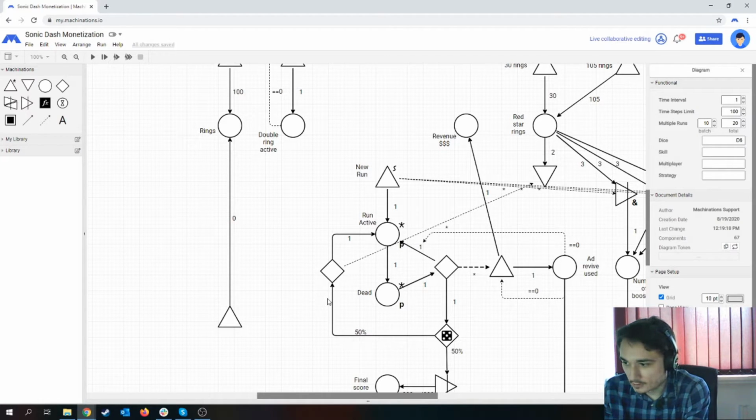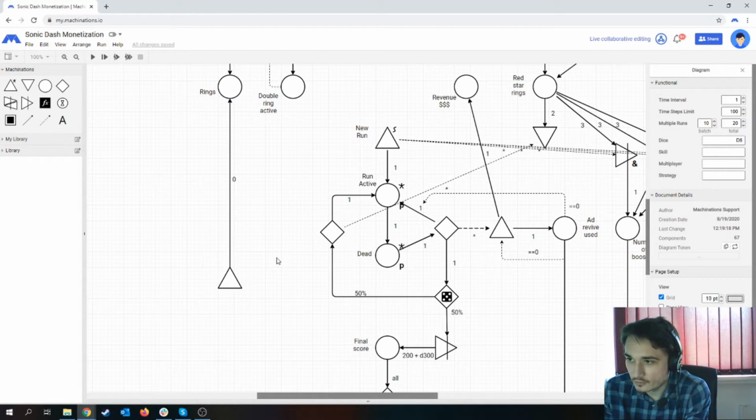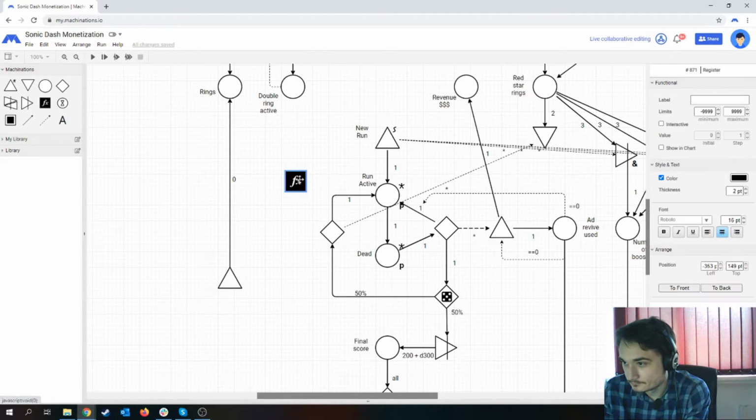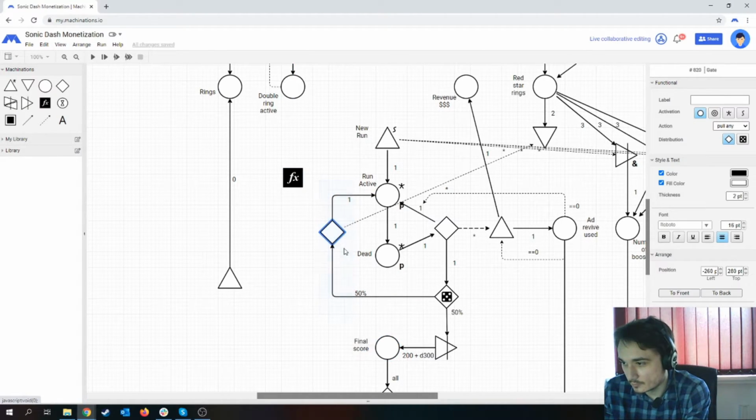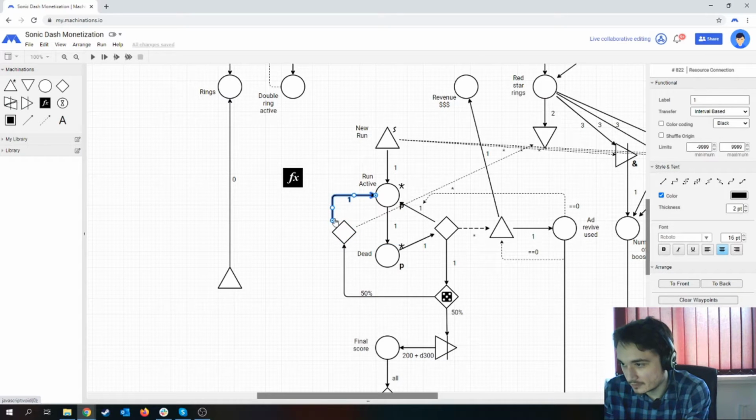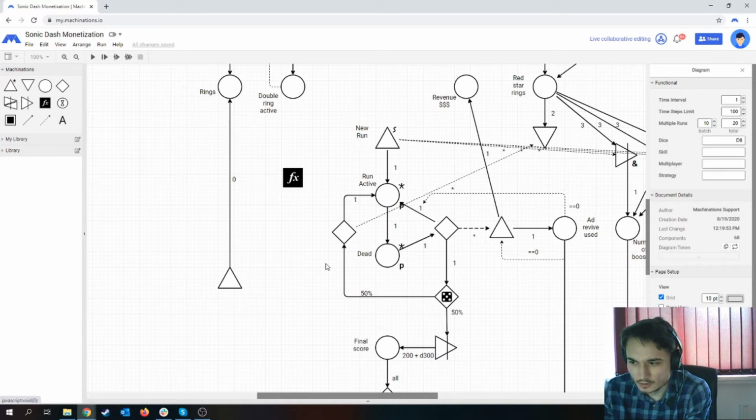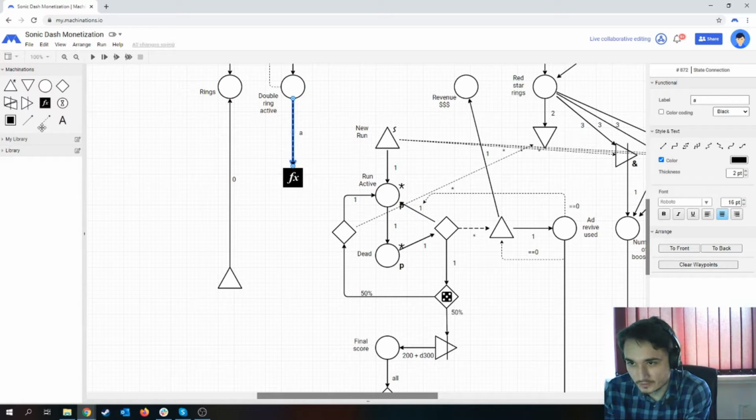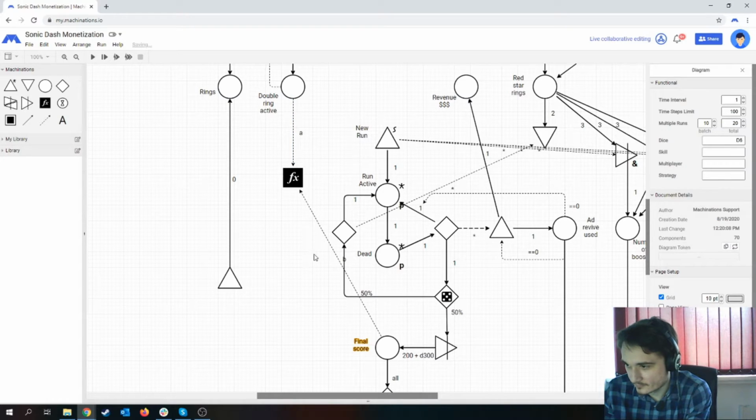Okay, let's transform this final score into rings. So we do have the final score here. This final score is not actually the score the player obtains, it's actually the rings the player obtains, because I didn't want to bother with the score, it's not very important. So we will have two things that influence it, the modifier for double rings and the final score. We're gonna adjust the thickness here real quick,